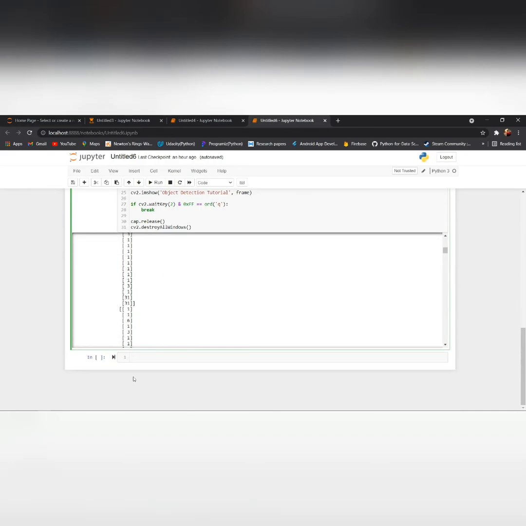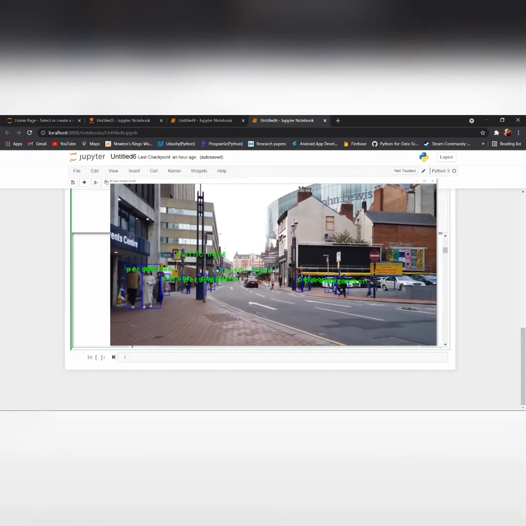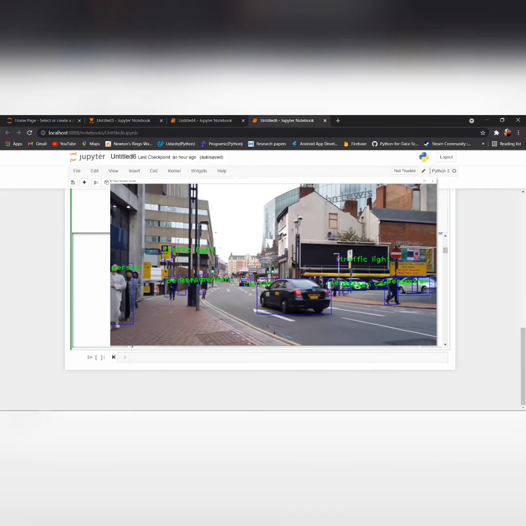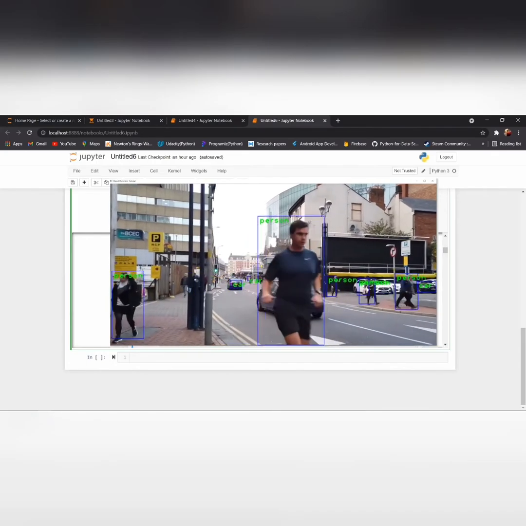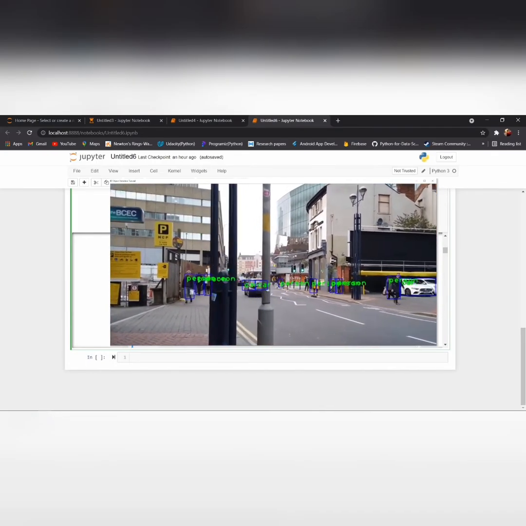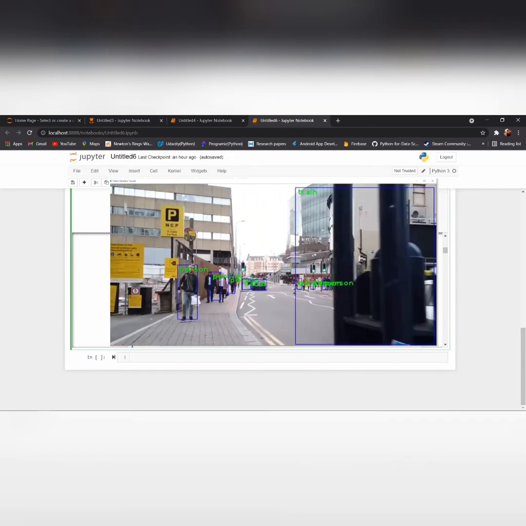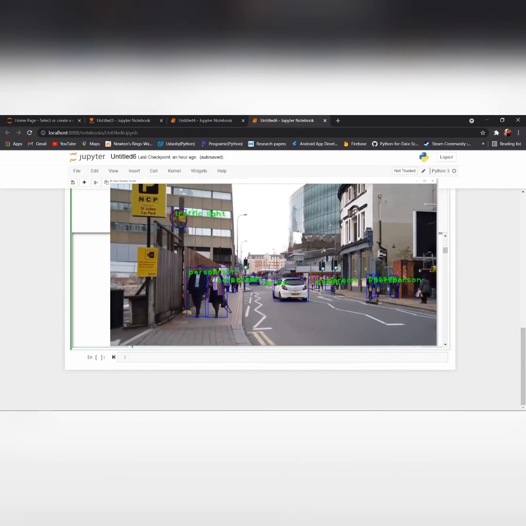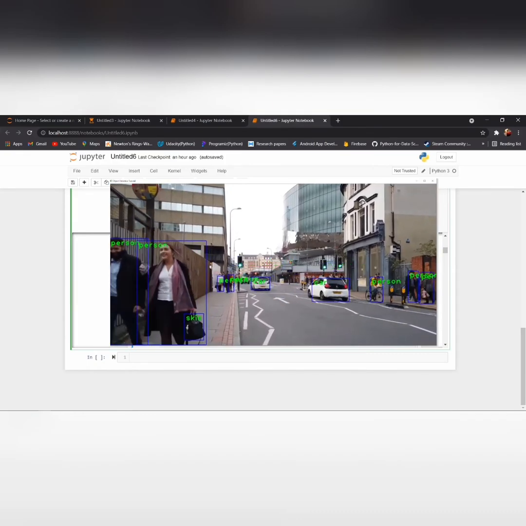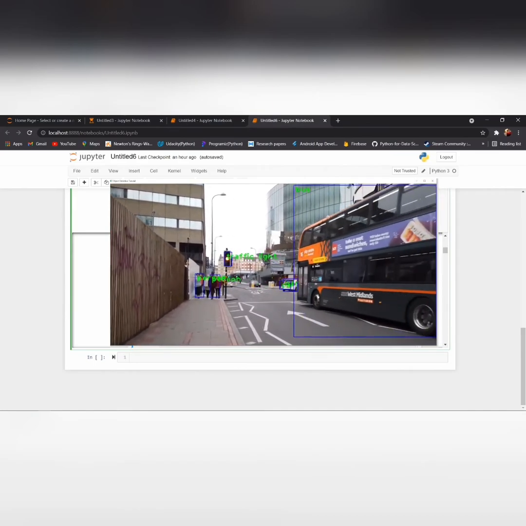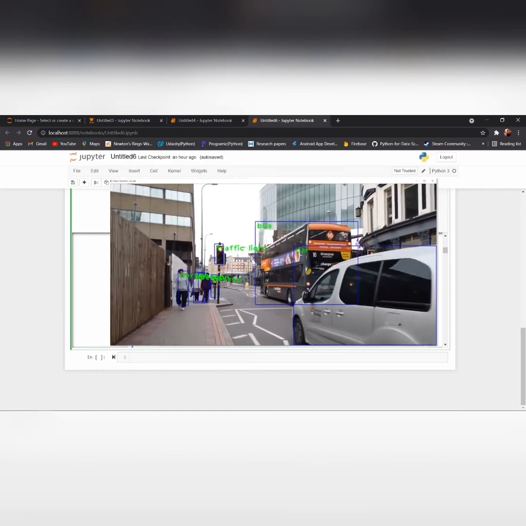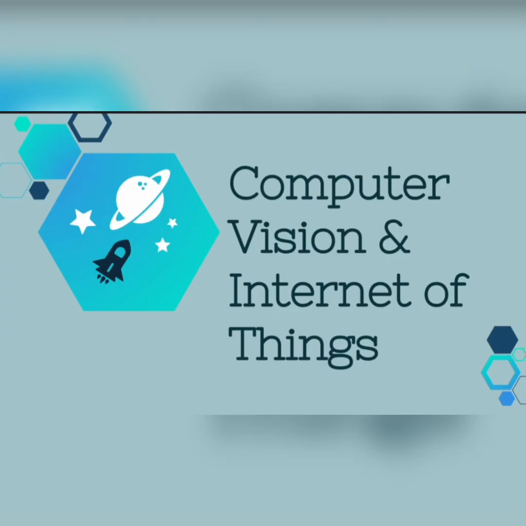And now let's move on to the output video. As you can see in this video, the people are being detected as objects and they are highlighted individually with a rectangular box with person written over it. Not only people, the cars are highlighted as well, and now you can see the bus is being highlighted with a rectangular box with bus written over it. So this was my presentation of the project that I have done. Thank you for watching.